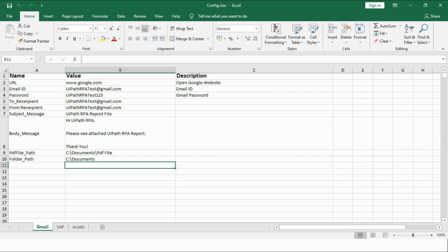But it is better if you create sheets based on the application, so that it is easy to understand: this sheet is for Gmail, this sheet is for SAP, this sheet is for this ERP.